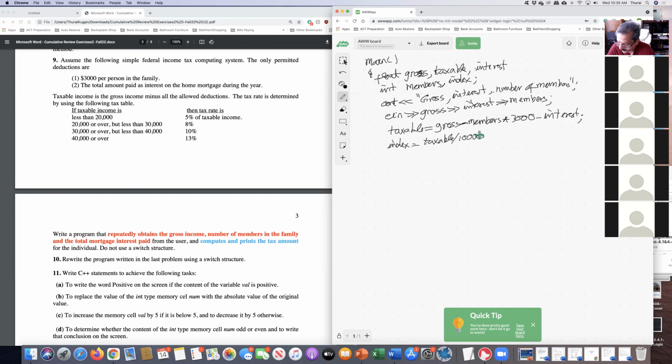And index is already an integer variable, so it'll be taking the integer part of it, and then switch based on the index. And if it is, 0 is the lowest it can get. So therefore,